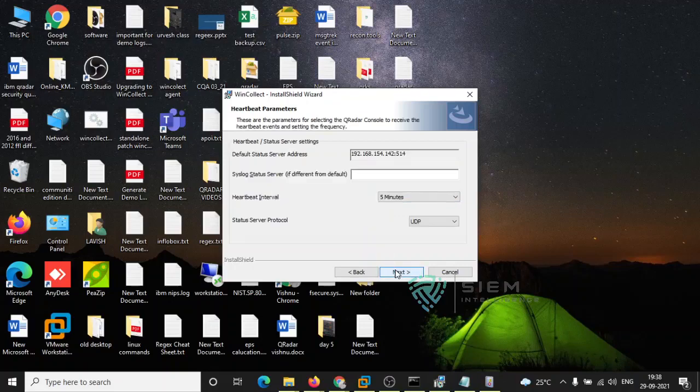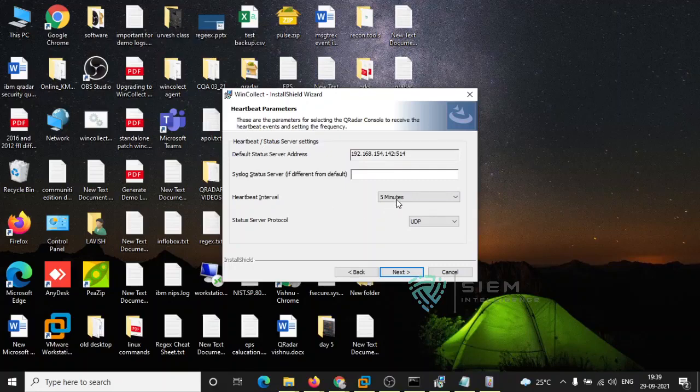And press next. There is also a heartbeat server. If you want to configure a heartbeat, what is meant by heartbeat? Though a log event may or may not be there, the heartbeat is sent on an interval.